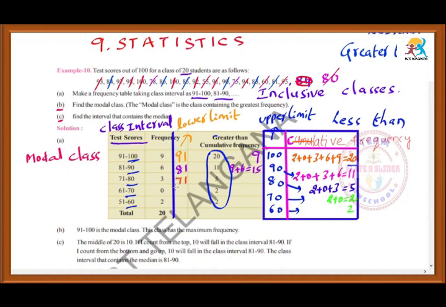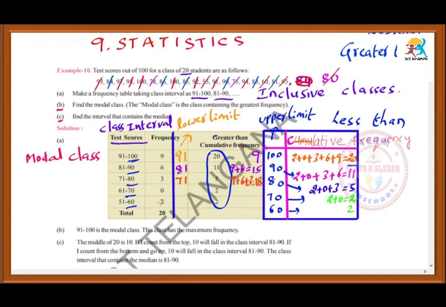The number of students who got above 71, these 3 members will come in the class interval above 71, and these 6 members also will satisfy the condition, and these 9 members also. So we have to add these, 9 plus 6 plus 3,